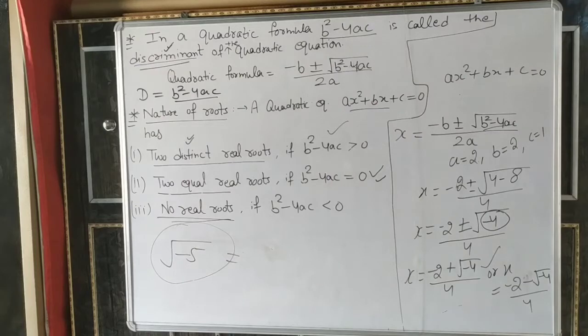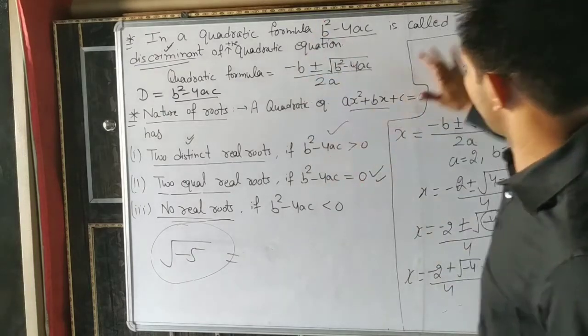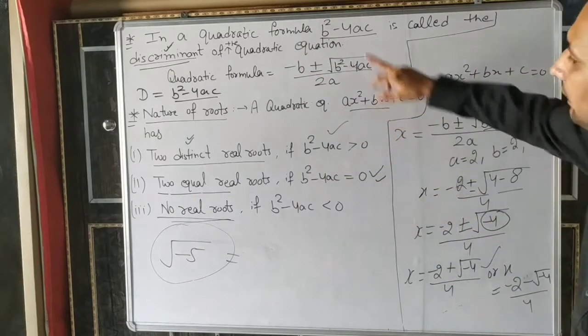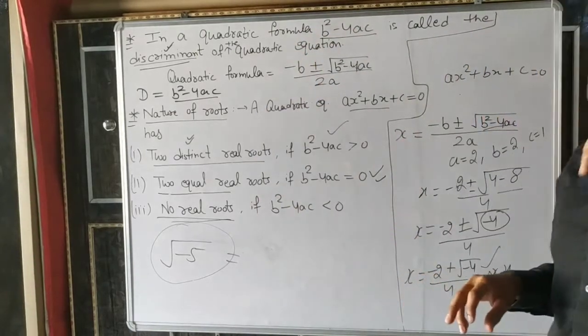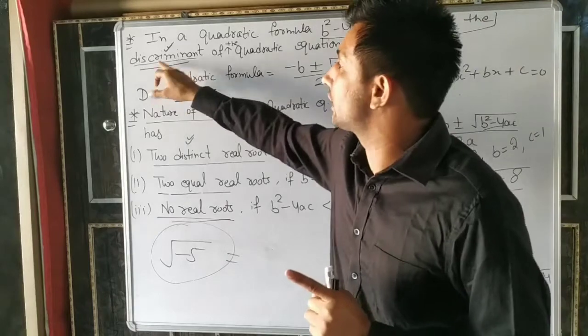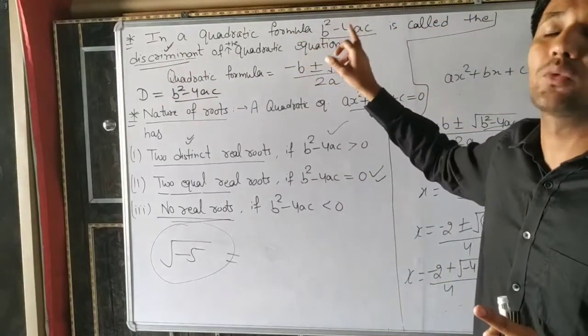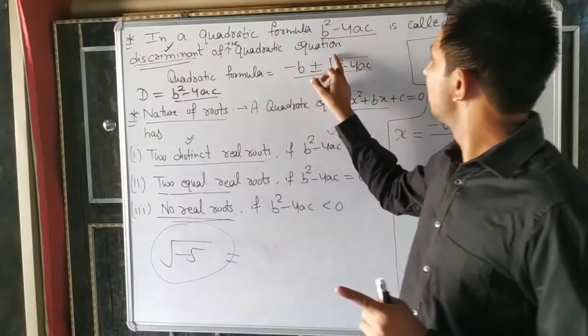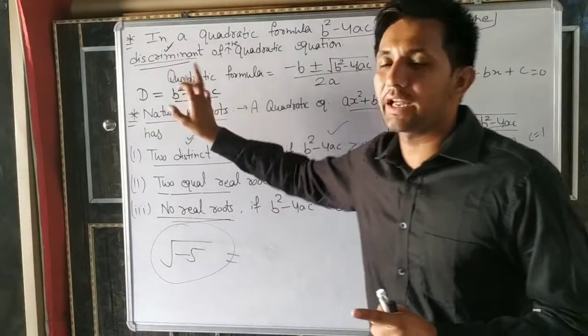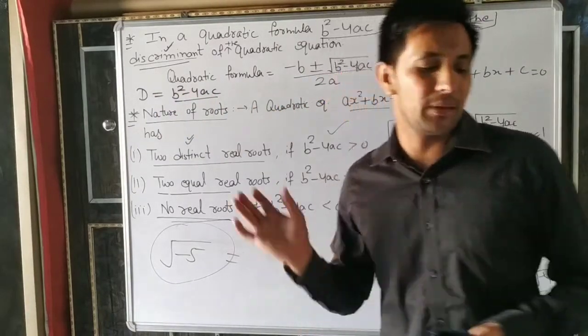Understand? So please note down this one. No need to note down this example; it is just an example. We first note down the conditions. So always remember the discriminant formula. The discriminant formula is b square minus 4ac. D equals b square minus 4ac. Okay, no need to take it under the root. Understand? Please note it down.